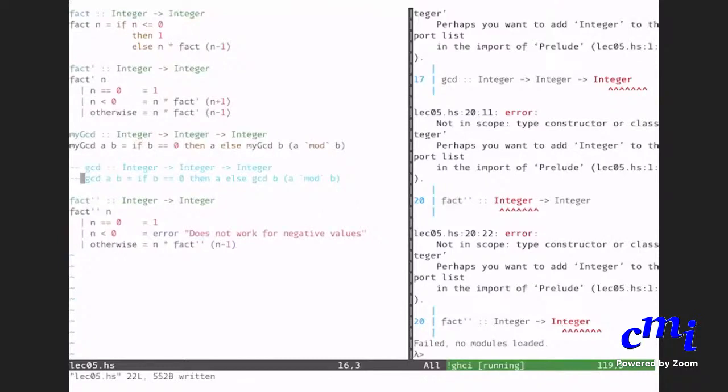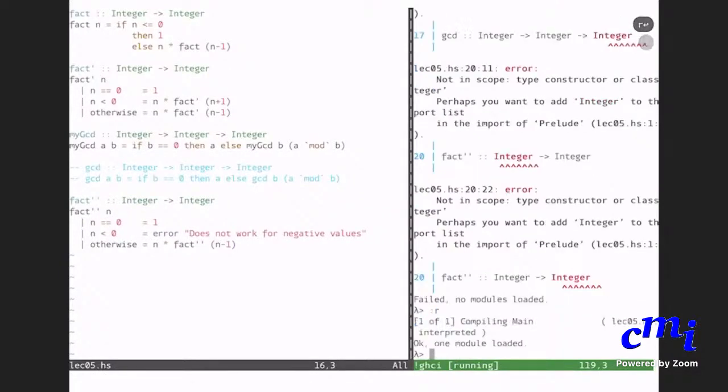You will still get an error. Yes, you will still get an error. Very good question. Give me a minute, please. Reload. Now everything loads correctly.